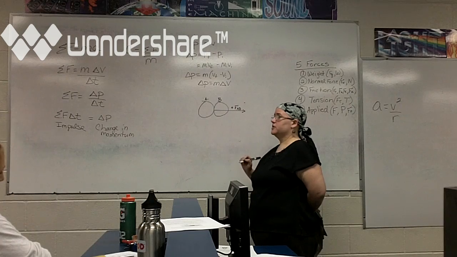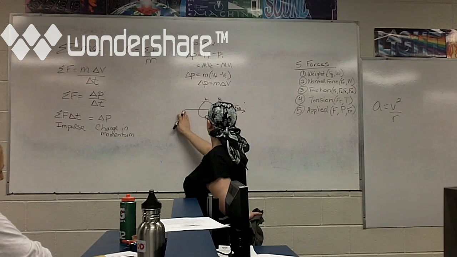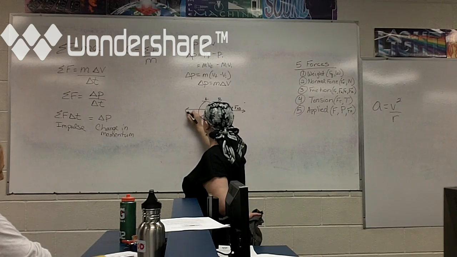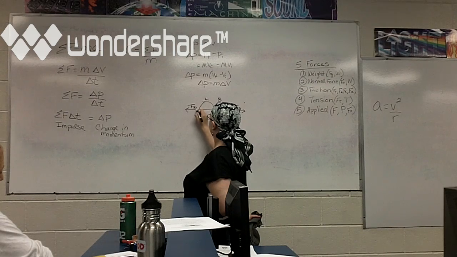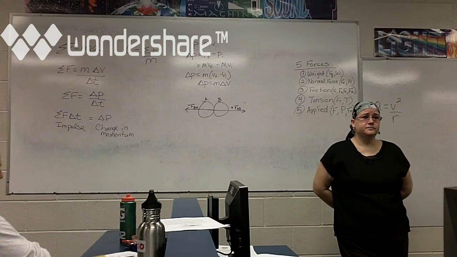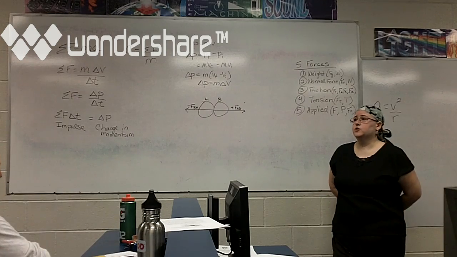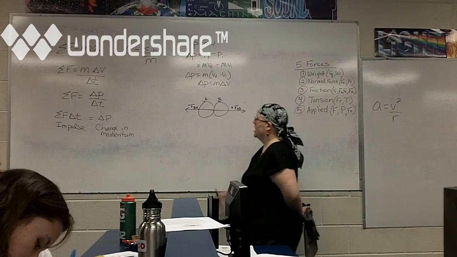Because it's going in the positive direction. And B acts on A. Let's make sure that this is just as long, right? And it's going to be in the opposite direction. So if I have equal forces acting in opposite directions, I can say